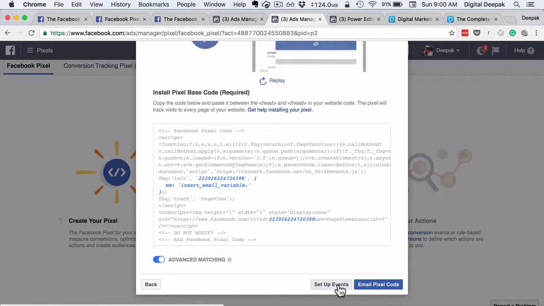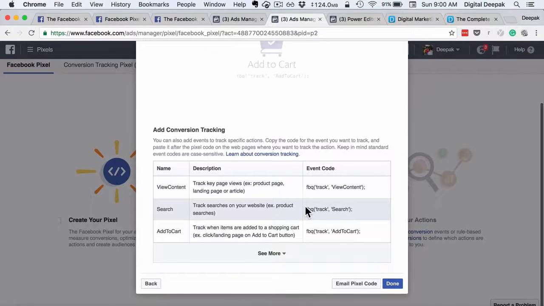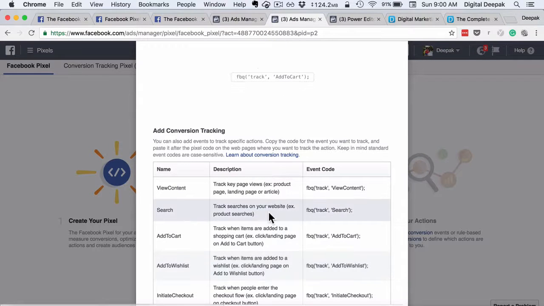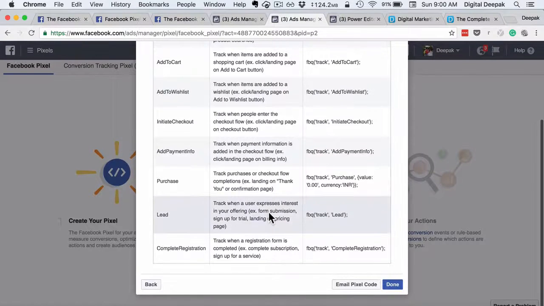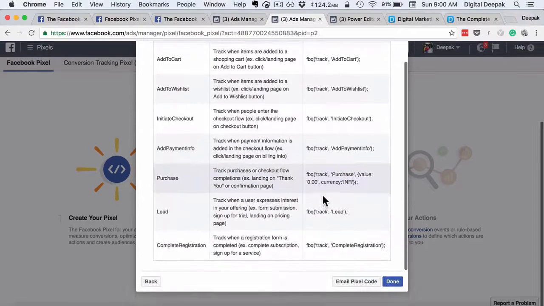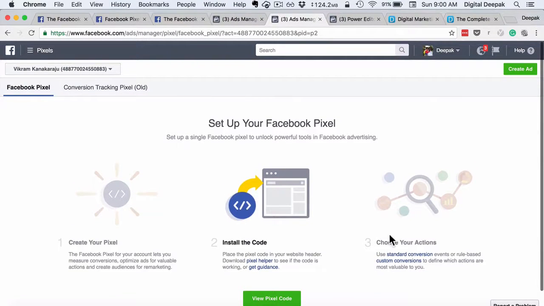and you can go ahead and click on setup events. So here there are different events for conversion tracking, and this is a bit technical, which we will get back to later. So right now our Facebook pixel has been created. So let's click on done, and now it is waiting for me to install the code before I can go ahead and do any other